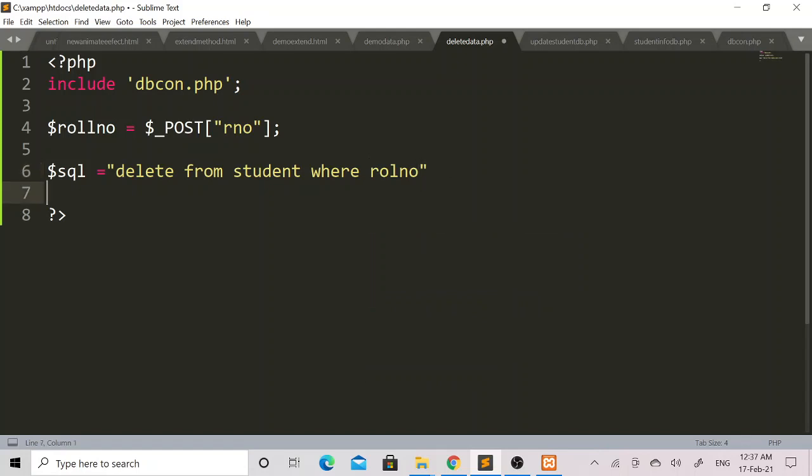Now my SQL query is delete from student where roll number equal to, I will set this $rollnumber variable over here, semicolon. So whatever number is entered by the user in the roll number text field, the entire information about that respective roll number will get deleted from the student table after the successful execution of this delete query.